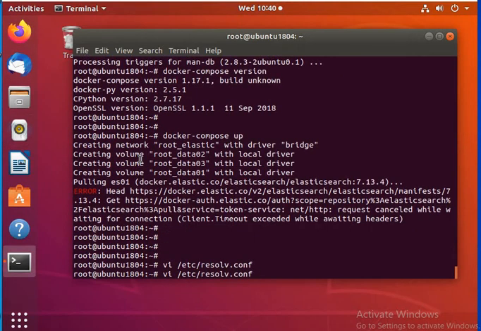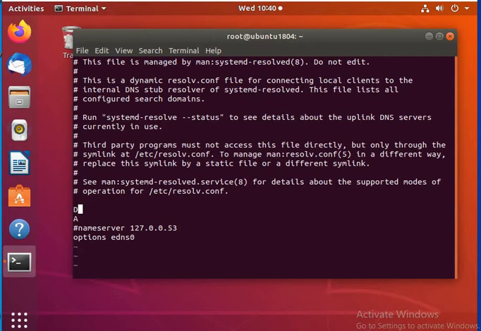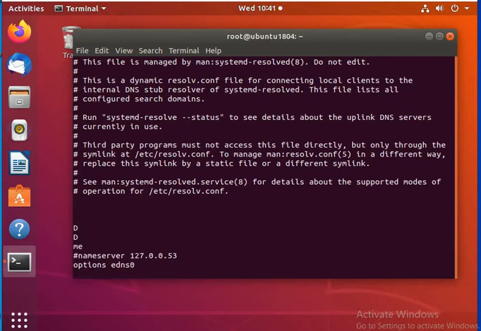Now to fix this error, again we have to open /etc/resolv.conf because we need to verify the name server. So we see the name server is not correct, so we need to rectify it.